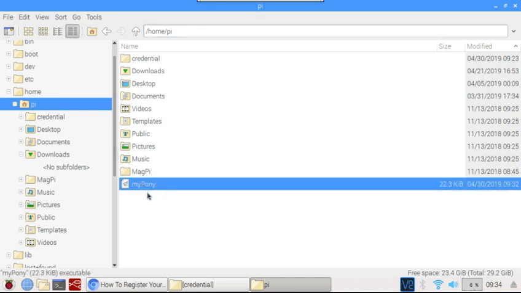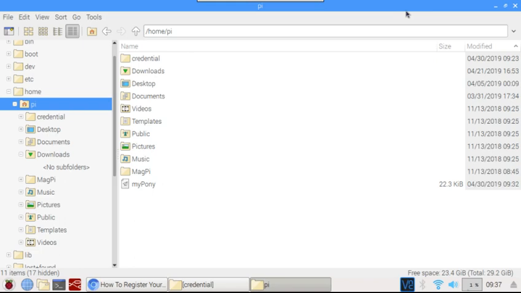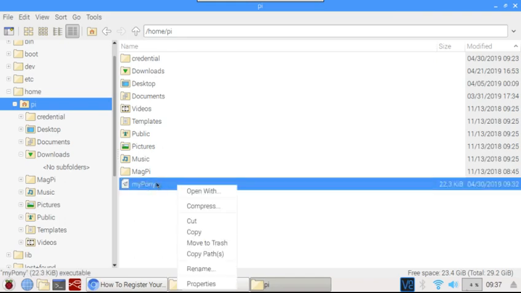Make sure the file is here. Okay, so once we have the MyPony file in this folder, we need to do one thing. Okay, follow my step. Right click this folder, choose Properties,